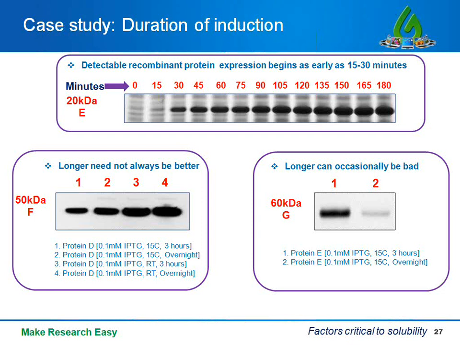In case of protein F on the lower left hand side, there isn't much of a difference between cells tested after a 3-hour induction versus the same cells that were continued to induce overnight. And in fact, in case of protein G, seen on the lower right hand side, there was soluble protein early on at 3-hour induction, but then most protein went into the insoluble fraction after overnight induction, even at low temperature.